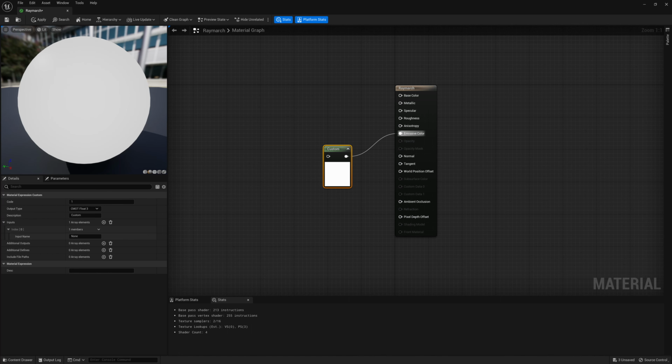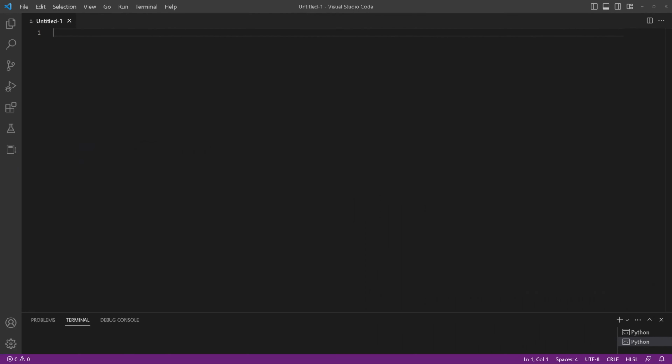To type this code, I'm just going to jump on over into Visual Studio so we can see the code a little bit easier. And to pretty much start doing this, the first thing we have to do is set up our Raymarching. So I'm going to create a float3 variable called RayStep and make that equal to our view direction times -1. Then we're going to create another variable, but this time a float4 called input texture,